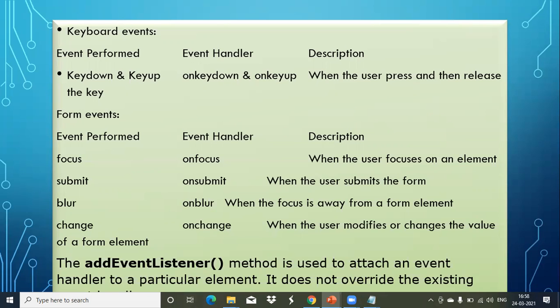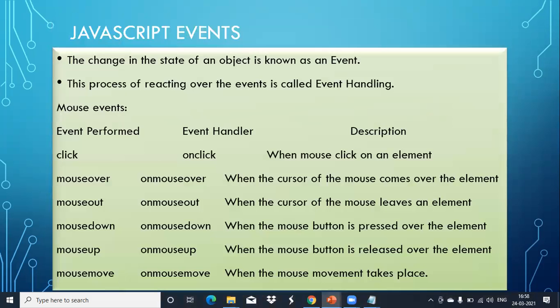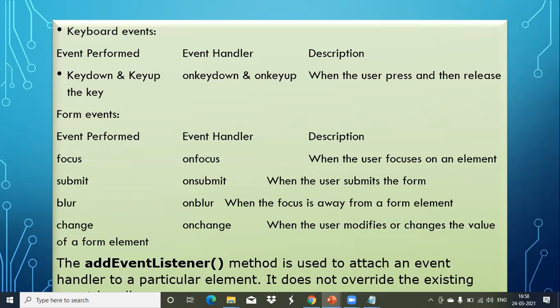Do you have an idea about this? What are events, how many types of events are there, what is an event handler, and how to use it? I'll show you programs. We'll take a 10 minute break, then I'll show.